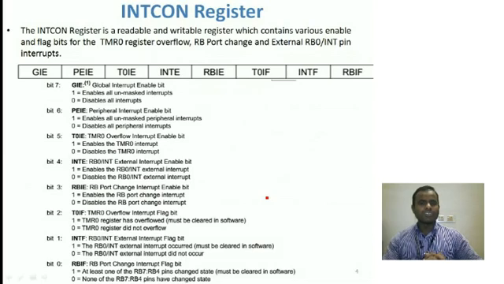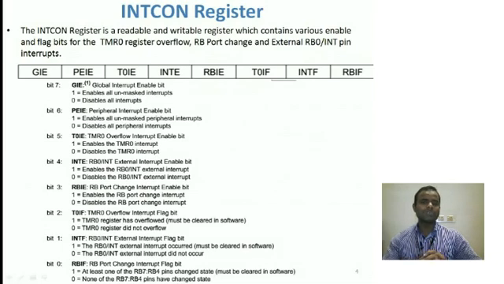Now in the interrupt control register, if you see, the most significant bit is global interrupt enable, which enables all the interrupts. All the 12 sources of interrupts will be enabled if you set that bit. Then you have the peripheral interrupt enable bit, which enables all the peripheral interrupts such as timer, ADC, serial communication interrupt.